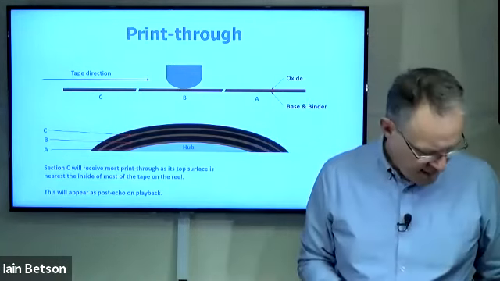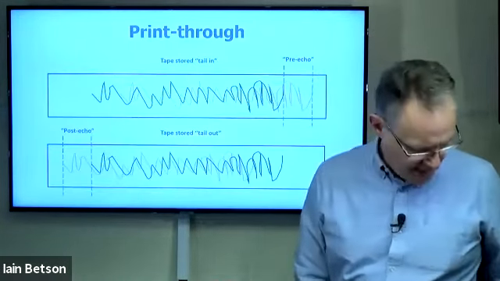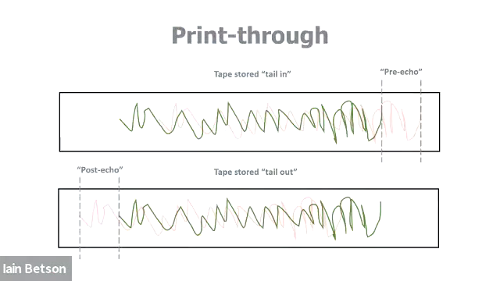Now, why is that? Well, if we look at our next diagram here, this is pre-echo and post-echo. If this tape was stored tails in, i.e. conventionally, you'll put it onto the supply side of your machine and roll it through, any print through appears as a pre-echo. And that means you've got your louder signal, and if you're listening to it, you'll just hear a ghost of the audio just before the louder signal starts. And that can be a little bit weird. It's known as pre-echo. Tapes that are stored tail out, that print through will happen as a post echo,